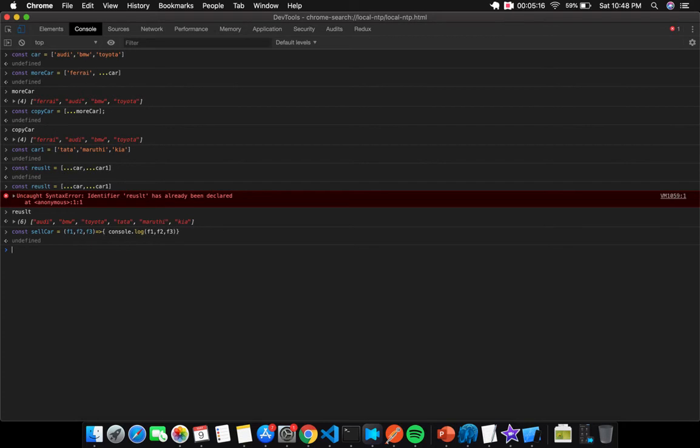Now we have to pass car. How will you do that? You just call the function and use the spread operator on car. This will print 3 cars, Audi, BMW, Toyota. Similarly, you can do it for car1 also. This is how you use spread operators for a function call.